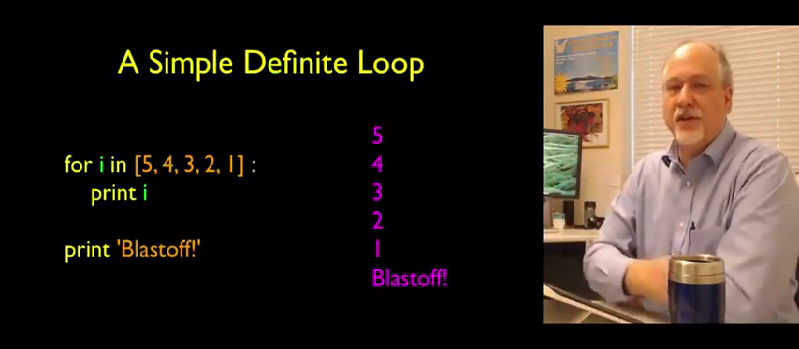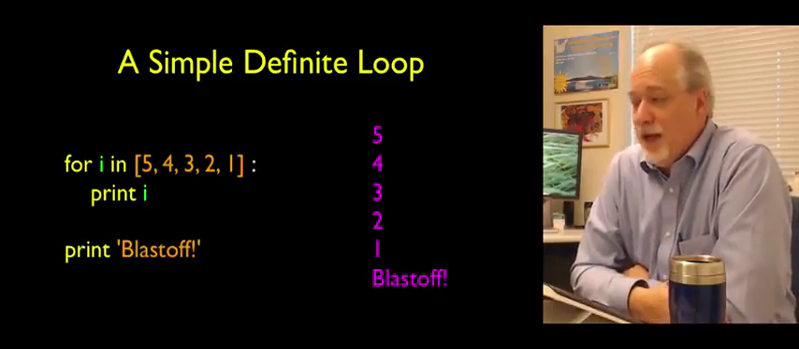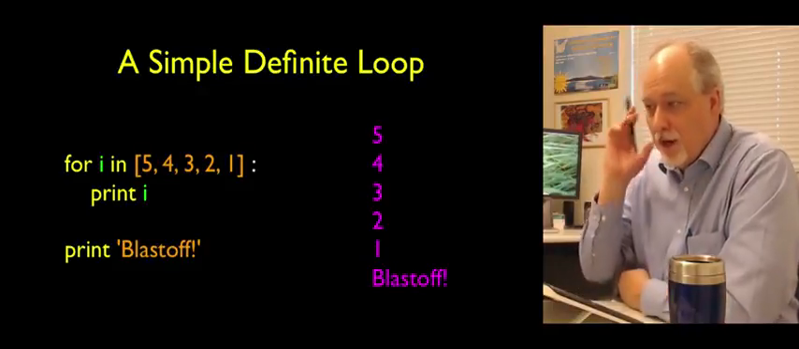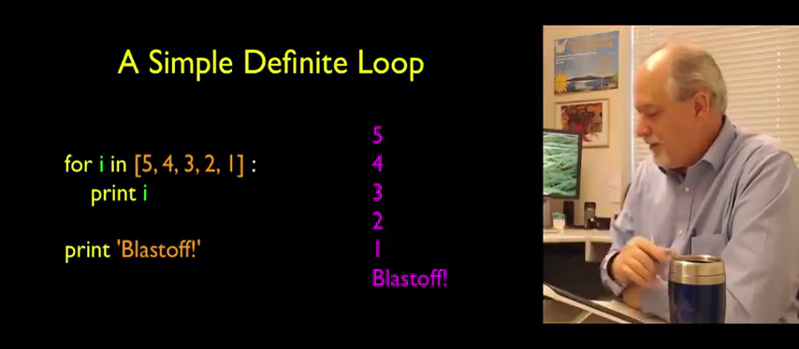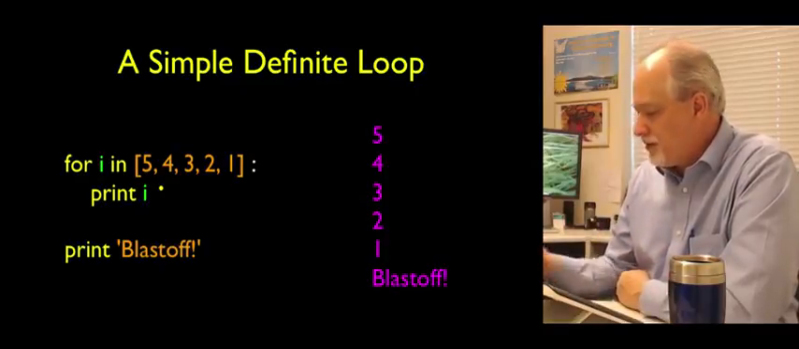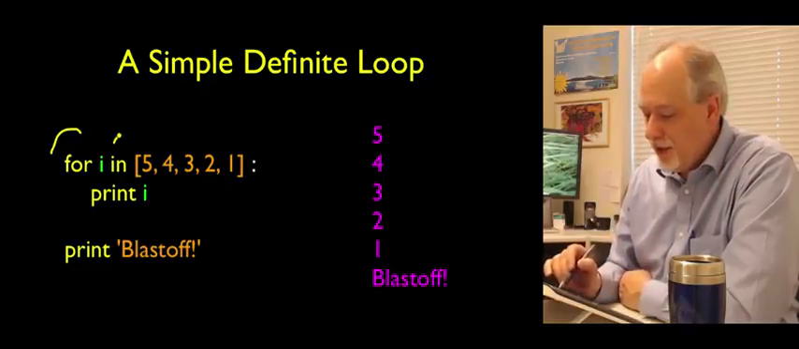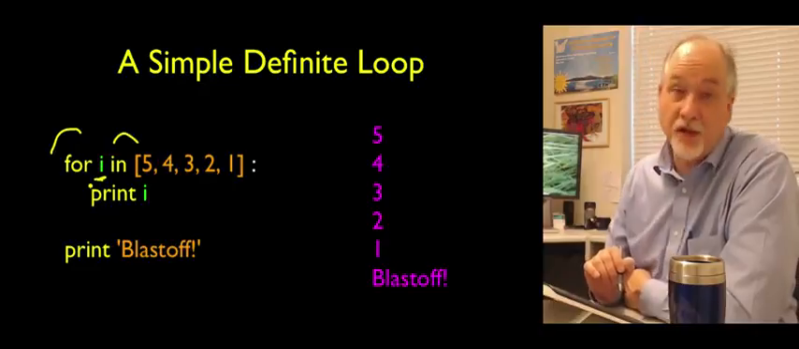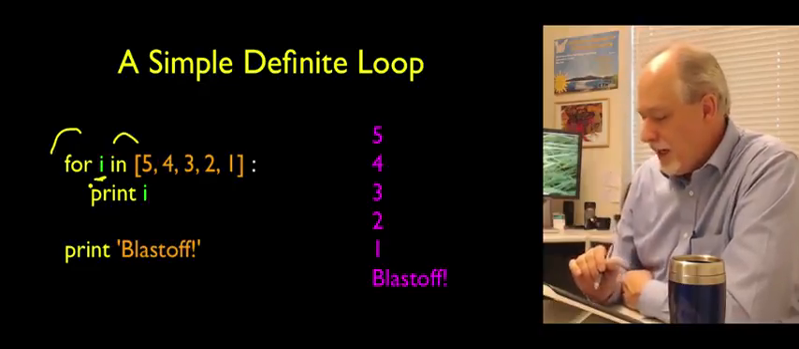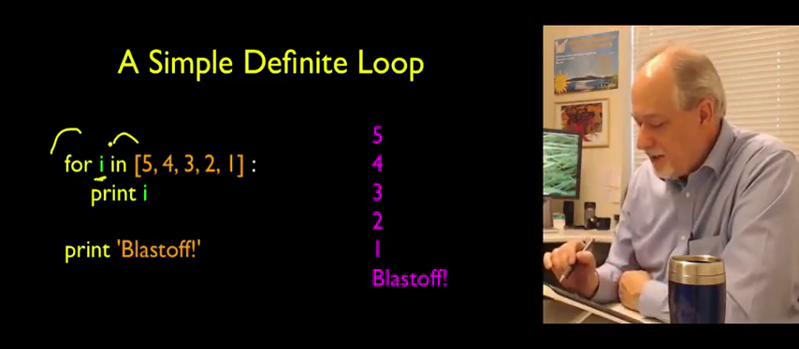So here's a simple definite loop. And it's kind of like that while loop that we just got done looking at, where it's counting down and then saying blast off. And so the way we construct this loop is we have the for keyword, which is part of the Python language, the in keyword, and then we have an iteration variable. I've chosen i as my iteration variable. And basically what we're saying is, dear Python,